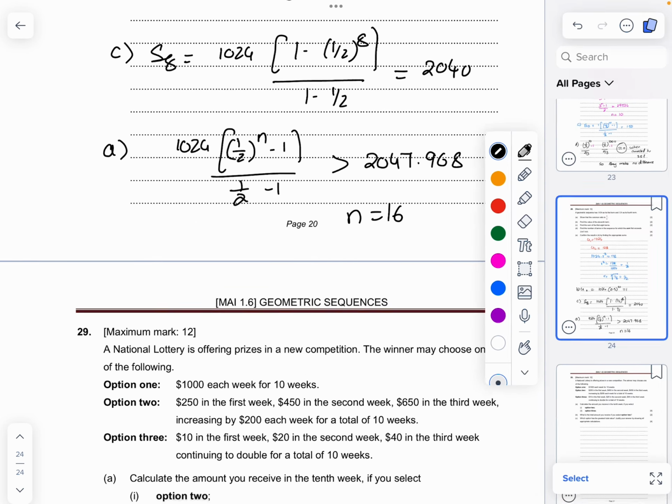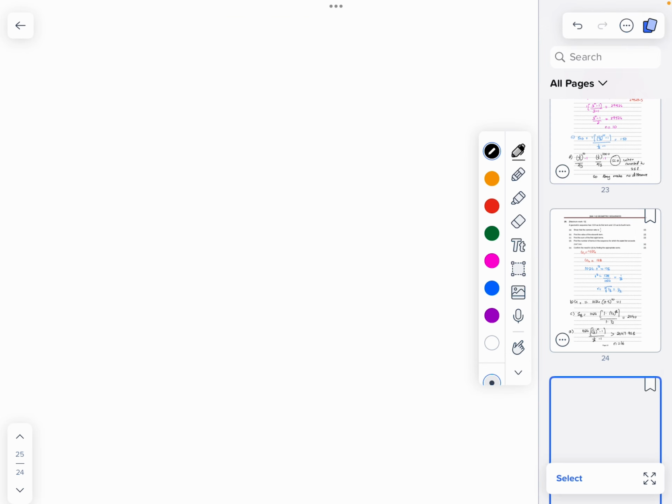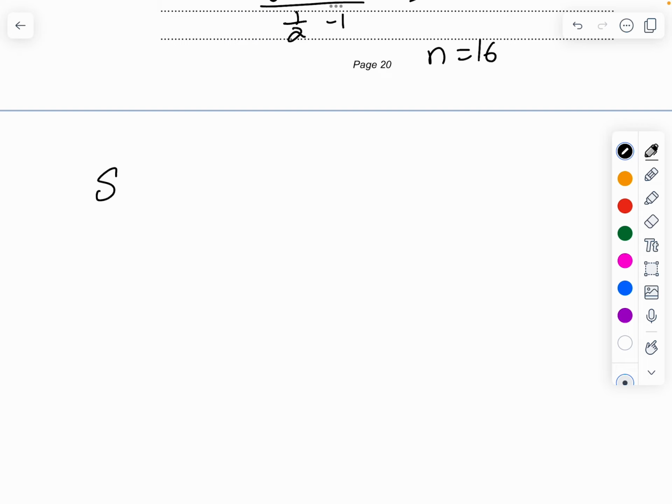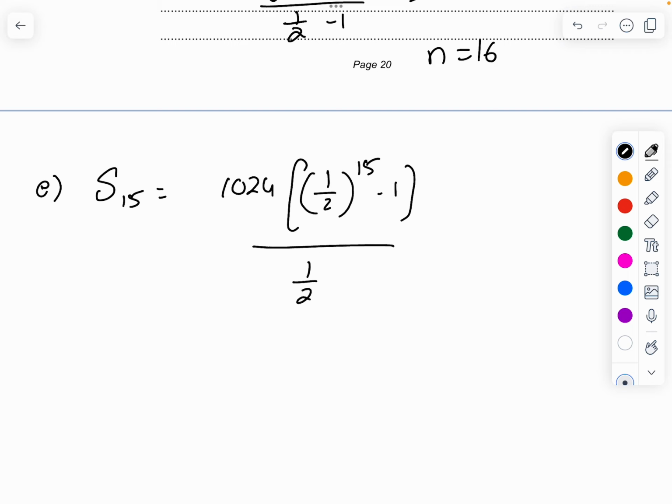So what am I going to do? I am going to find it out. We know that it is the sum of 16 terms, so I am going to find the sum of 15: 1024 times (1/2)^15 minus 1, divided by 1/2 minus 1. Its value I am going to get